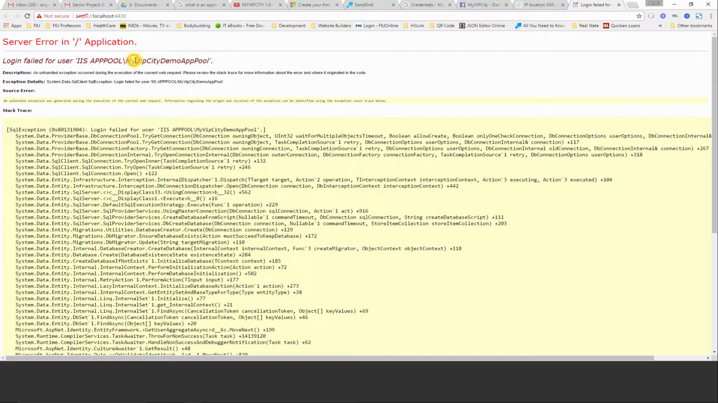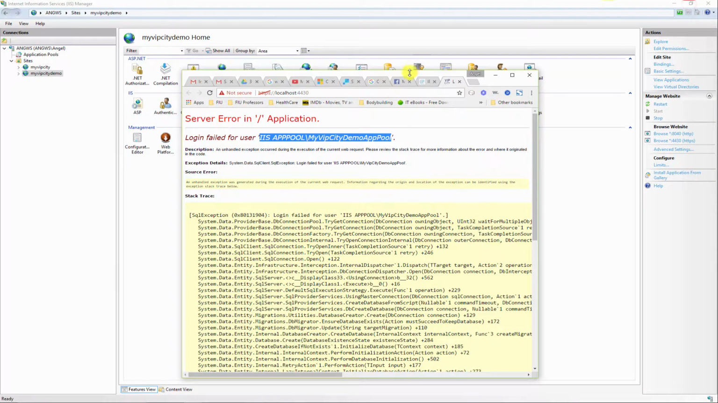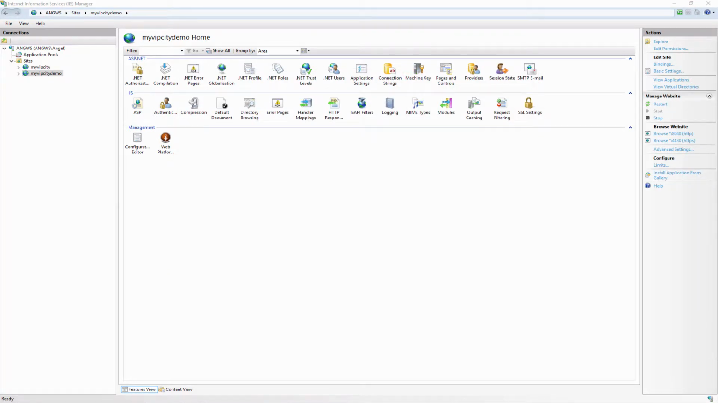Don't worry about it. This means that our Internet Information Services server is trying to connect to the SQL Server database, but it doesn't have permission to do that. So what we're going to do is copy all this, which is the user that is trying to connect to the SQL Server. And let's just go to